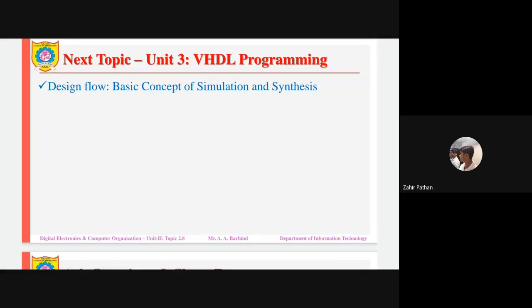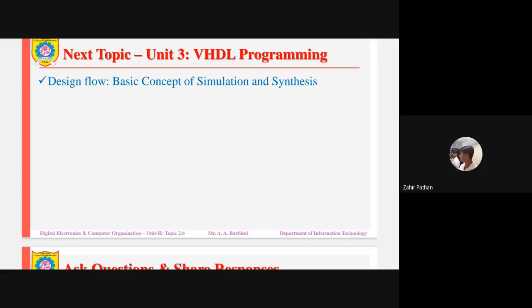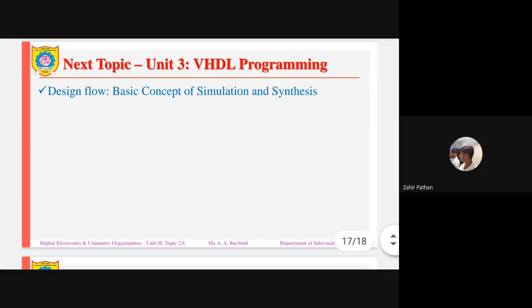So the third unit is very easy, you can say, because you have already studied C language. Of course, the syntax of VHDL is not exactly the same as that of C language, but because you have already studied C, it will be easy for you to learn VHDL.